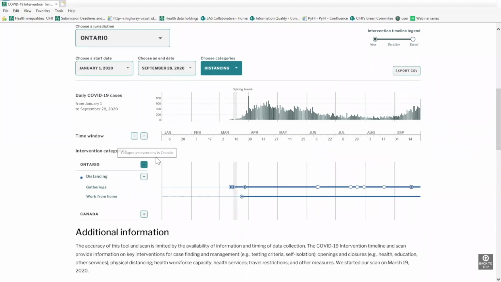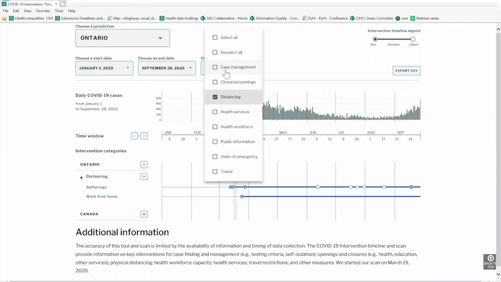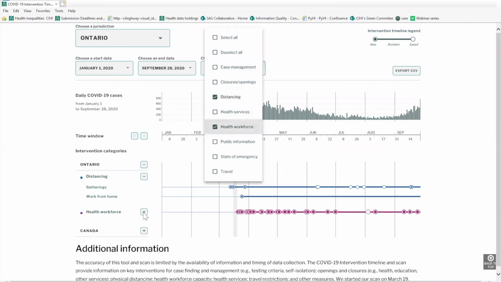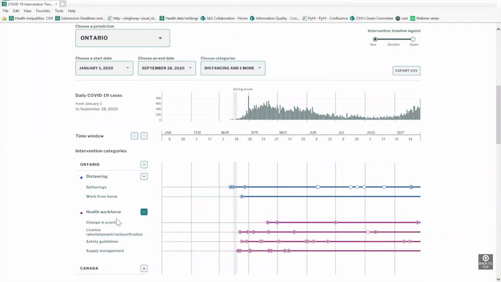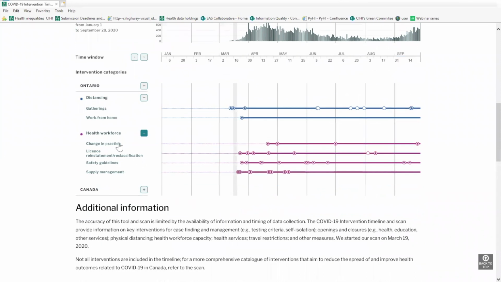We also have a lot of interventions pertaining to what has been done specifically for the health workforce. I'm going to show you some of those. Expand here. For example, change in practice.